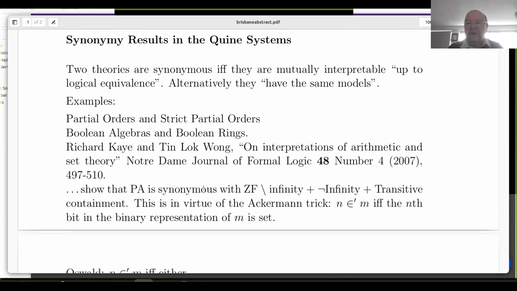Now, there are many notions of equivalence of theories, such as bi-interpretability, mutual interpretability, and all sorts of stuff. The situation is actually more complicated than you might think. But the particular concept that I'm interested in is the strongest, and it's actually quite easy to understand. If two theories are mutually interpretable up to logical equivalence, what do we mean by this? We mean that there's an interpretation of the first theory into the second, and an interpretation of the second theory into the first, such that when you compose the two interpretations, either way round, you get, well, you don't get the identity, but